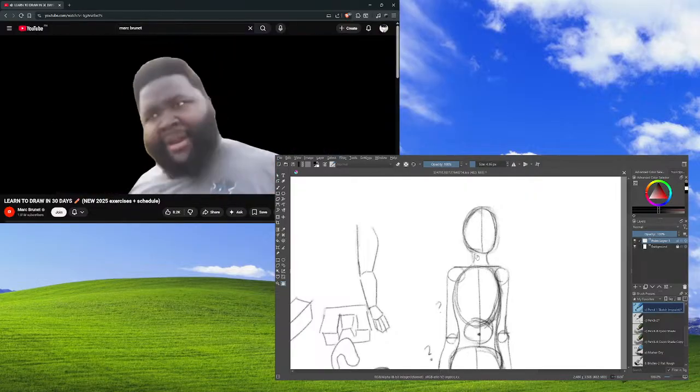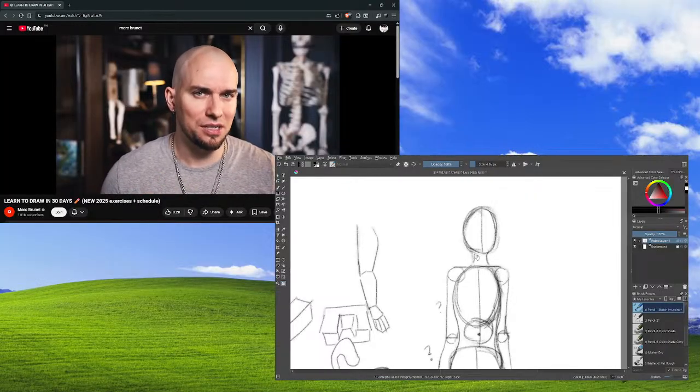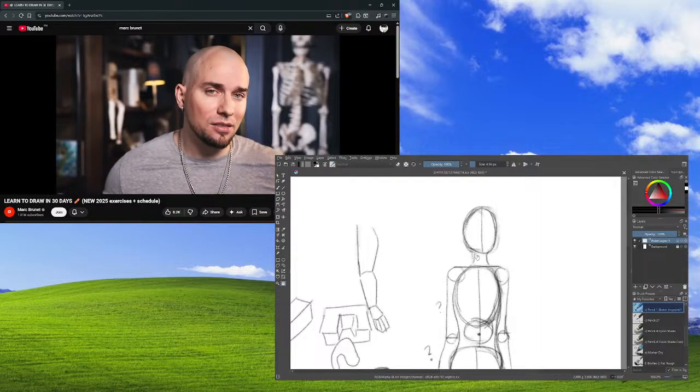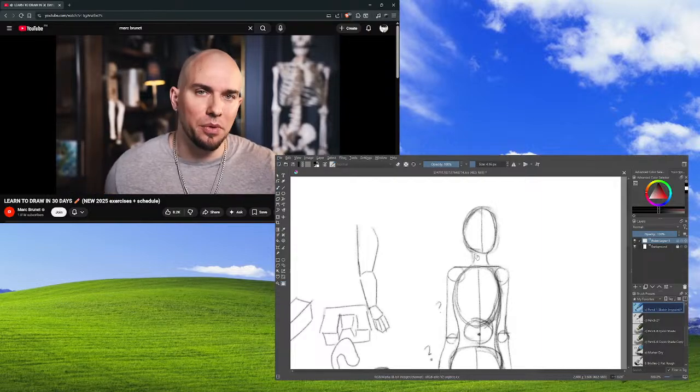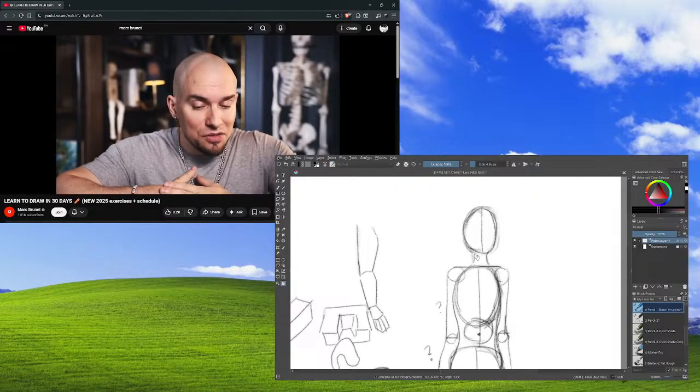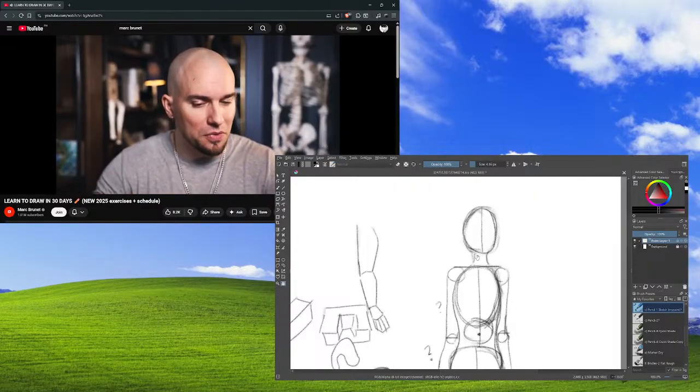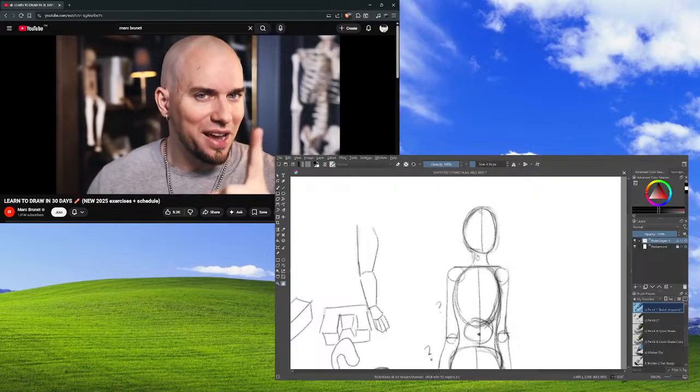Hold up. Wait a minute. Oh, actually, before you attempt the first exercise, it's important we start with a little test so you have a starting point to compare back to once you've completed the 30-day challenge. Like a clear way to see your progress. I guarantee this will be 100% worth it, so before you do anything, your first task will be to draw